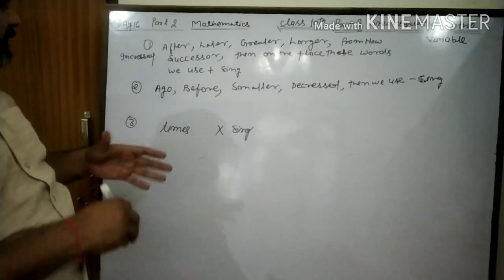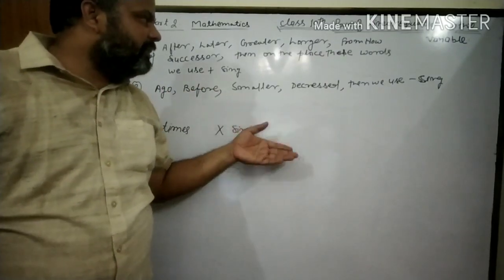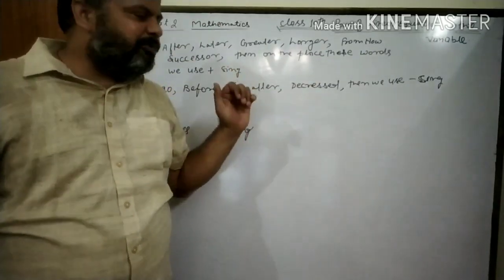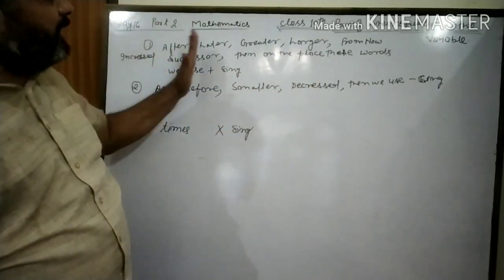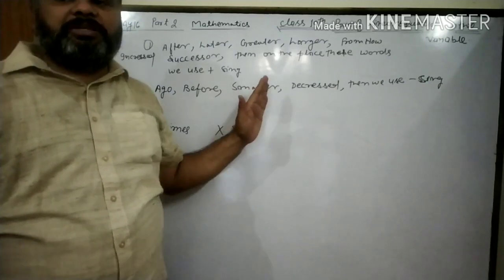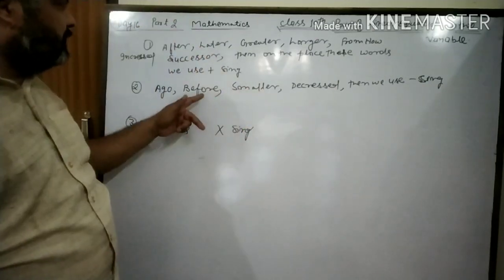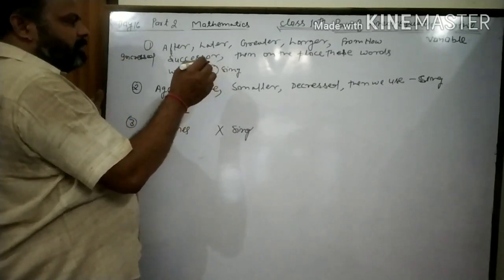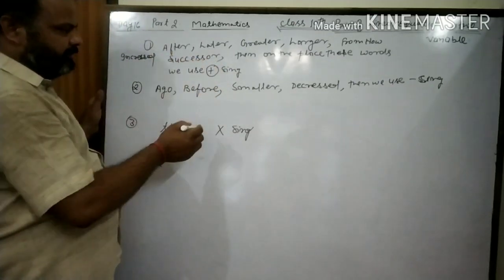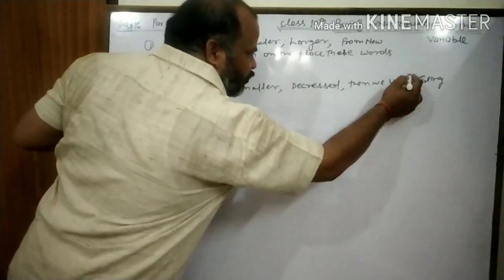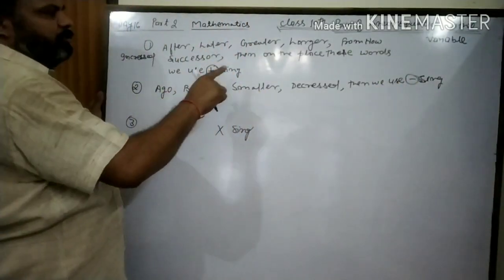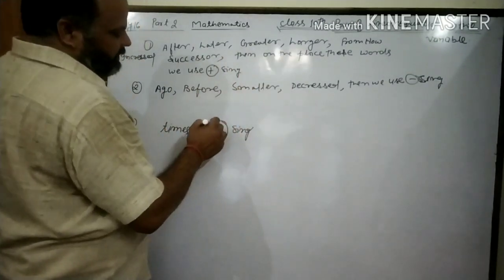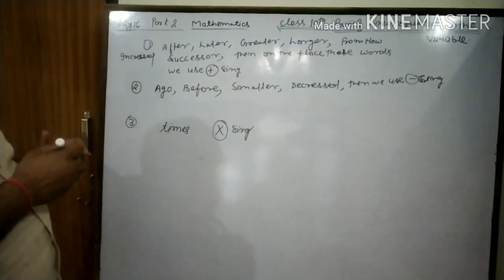When you convert the statement into a linear equation in two variables, this process is called formulation. And when you formulate any statement into a linear equation in two variables, you must know on which word we put which sign. Clear? Then you know in the place of which particular word we put which sign. Clear? Now it is completed.